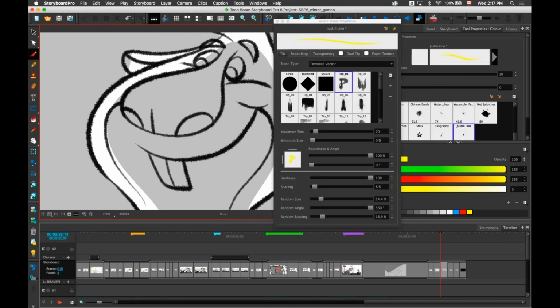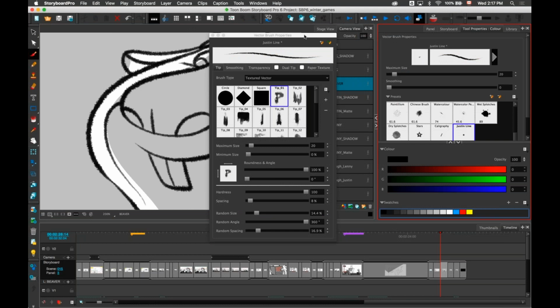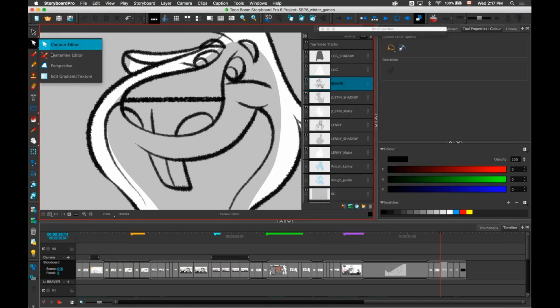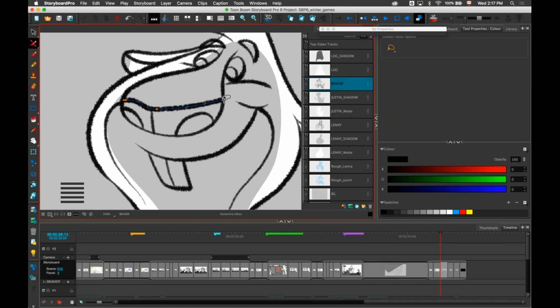This also allows me to reshape my lines. Let's say I draw a straight line here that I want to use for his nose. I have a new tool called the Centerline Editor that I can use to reshape the line after it's been drawn. Like I can do on a pencil line, but this is a brush line, I'm able to change the shape of the line after it's been drawn, even if it has a texture. The texture will also be modified as I modify the vector. And this is really a brush stroke, so it has a vector envelope with a texture inside.